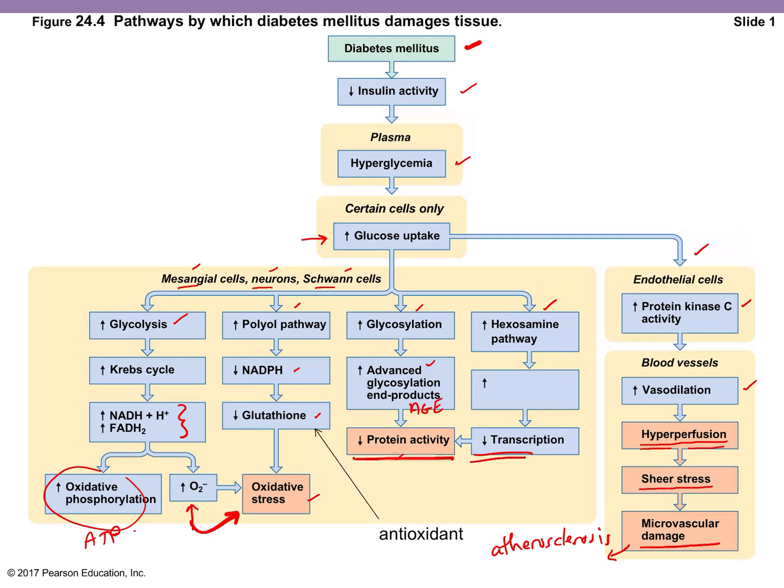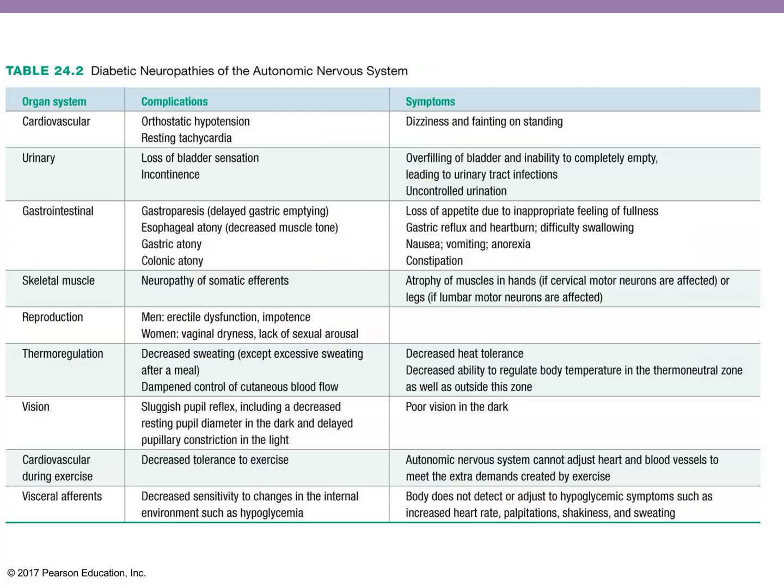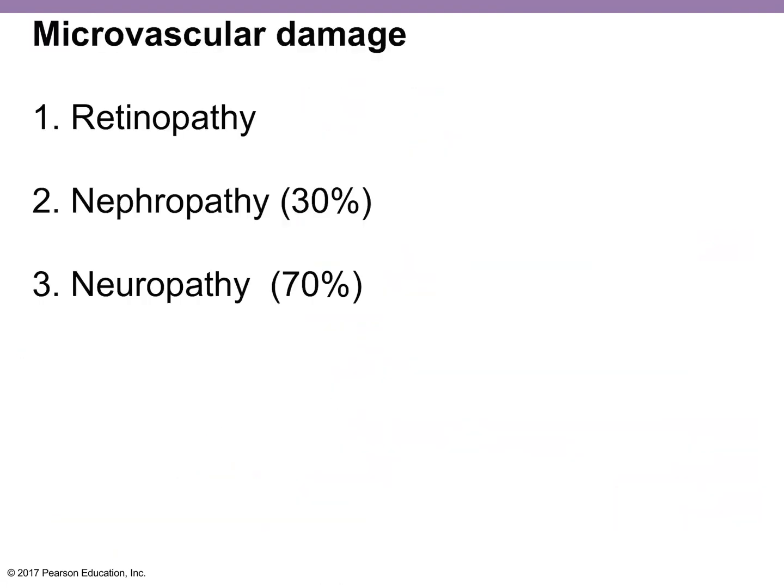All right, so all of this damage is done with elevated blood glucose levels, which is pretty amazing, very widespread throughout the body. I'm not going to go through this table with you, but you can read it. I'm not going to ask a bunch of detail here, just to appreciate all the different organ systems and the complications and symptoms that occur, but I'm not going to ask you questions from this chart. Let's take a look at